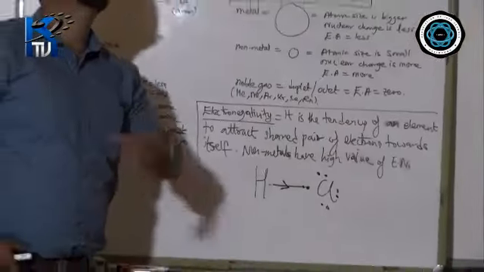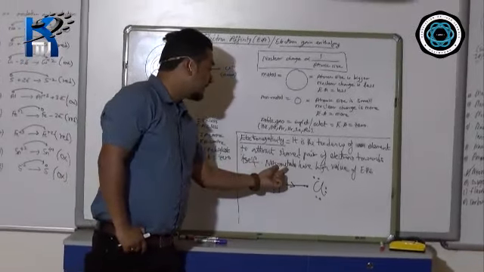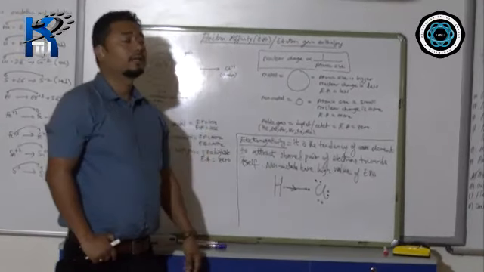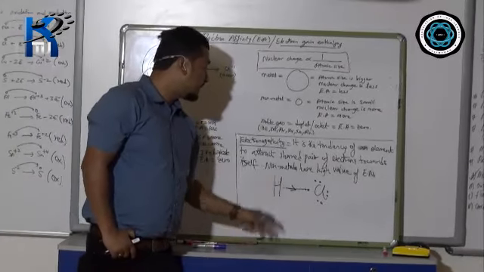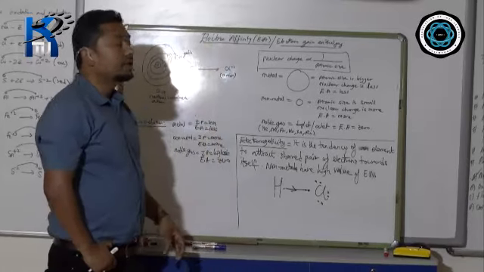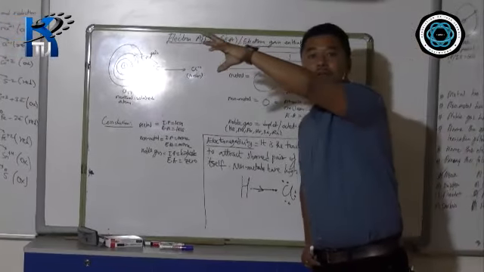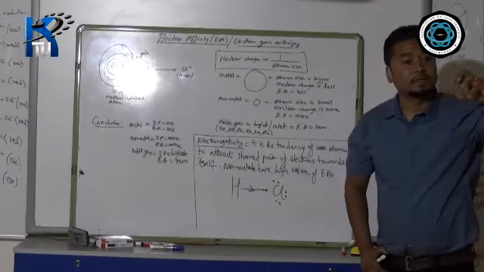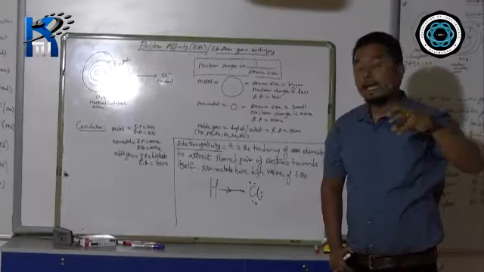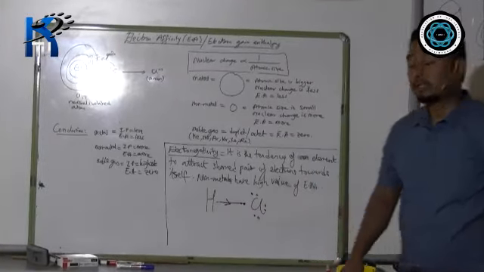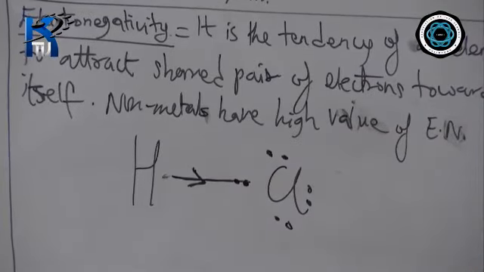And that is termed as what? Electronegativity. And who loves electrons? They will attract. So it's obviously non-metals. They love electrons, they attract, so therefore they have a high value of electron affinity, whereas metals have the least. Now how did I come to know which is more electronegative, hydrogen or chlorine? Because in the periodic table, when you go from left to right, the size decreases. So chlorine has a smaller size. Therefore, it has more affinity towards electrons. As a result, it attracts the electron from hydrogen. So chlorine shows more electronegativity than hydrogen, and it pulls the electron of hydrogen towards itself.